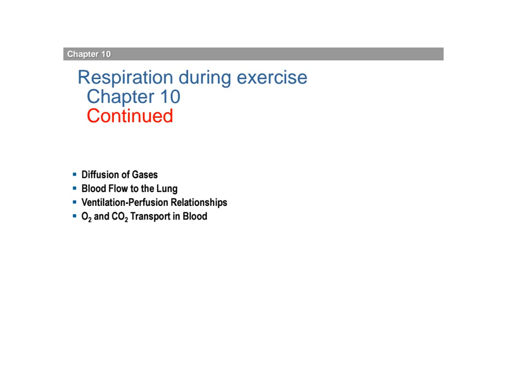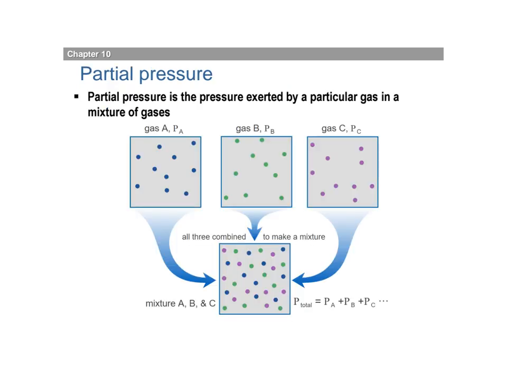In this lecture, we'll look at diffusion of gases, blood flow to the lung, ventilation-perfusion relationships, and O2 and CO2 transport in the blood. In order to understand the movement of respiratory gases such as oxygen and CO2, we need to understand the concept